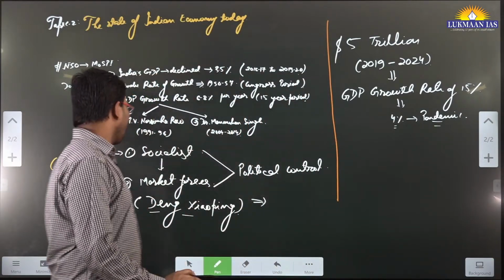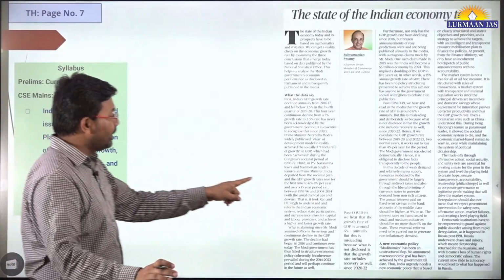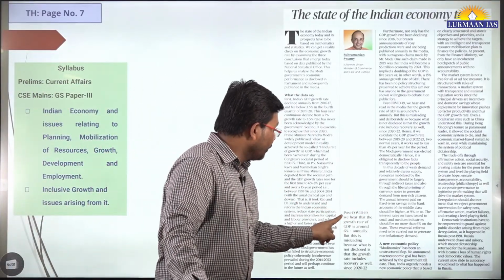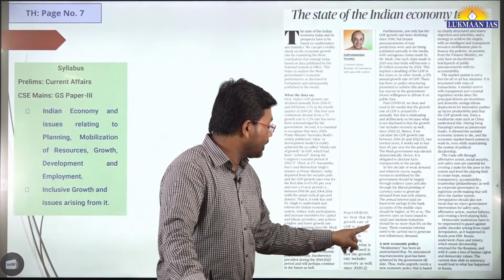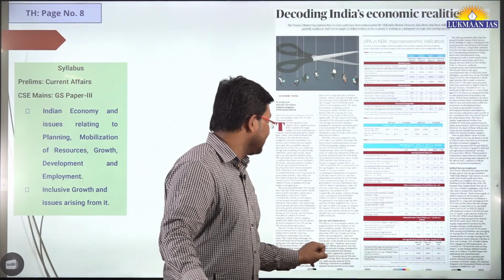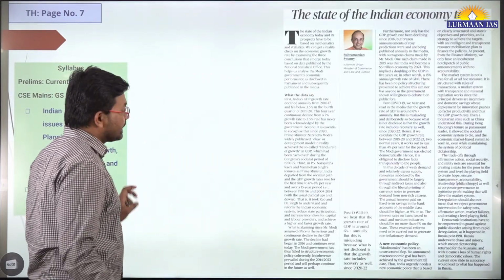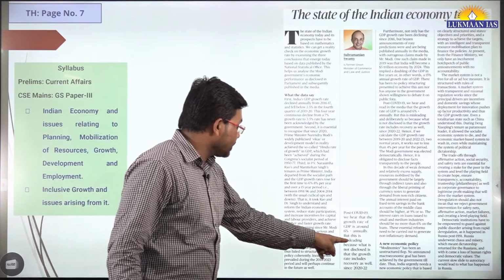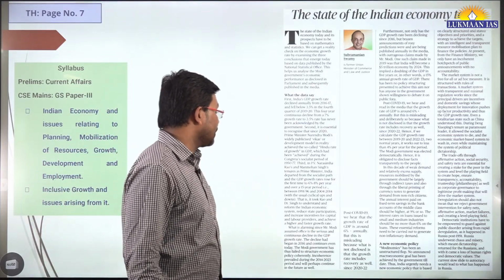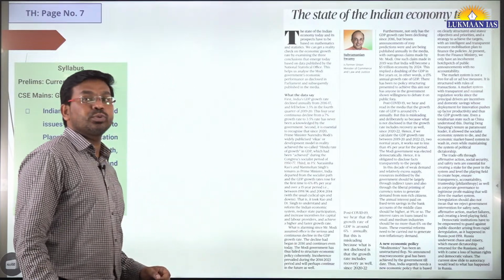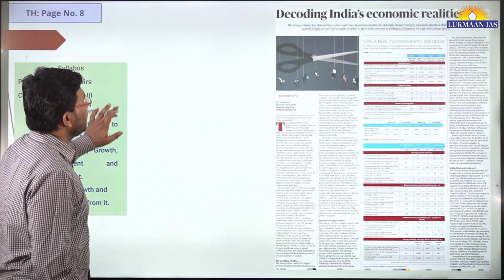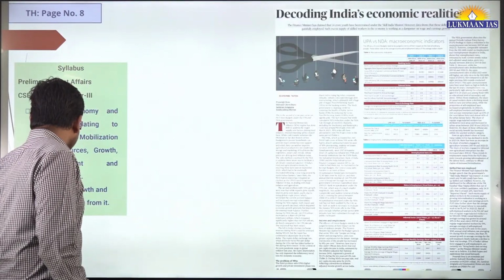So finally, what the author is saying is that post COVID-19, we hear that the growth rate of GDP is around 6% plus annually, but this is misleading. The author says this is misleading because what is not disclosed is that the growth rate includes recovery as well, since 2020 to 22. Okay, so with this, let us quickly move to another article.